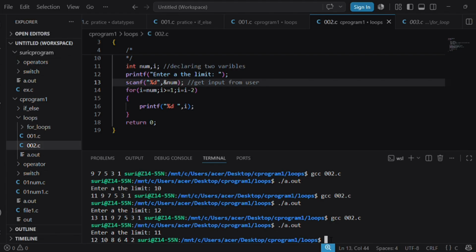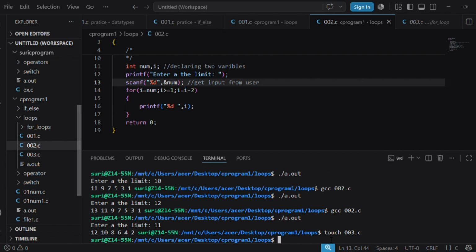Next I'm going to create another file, touch.c.